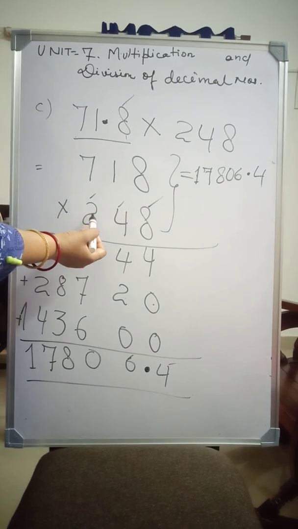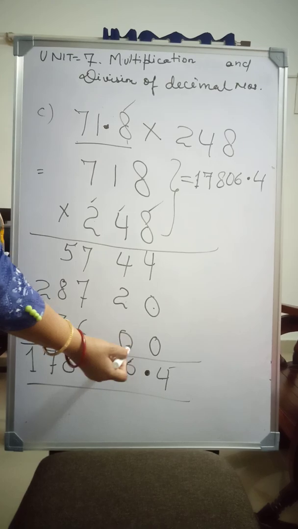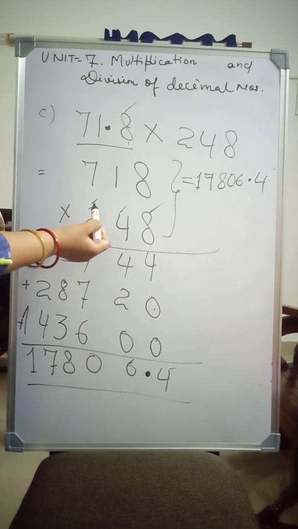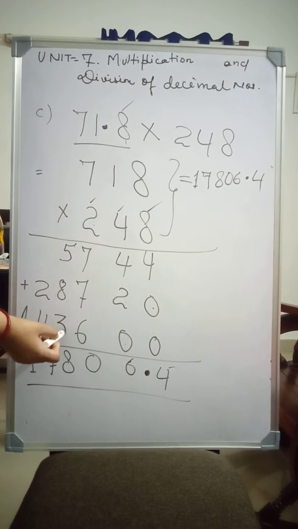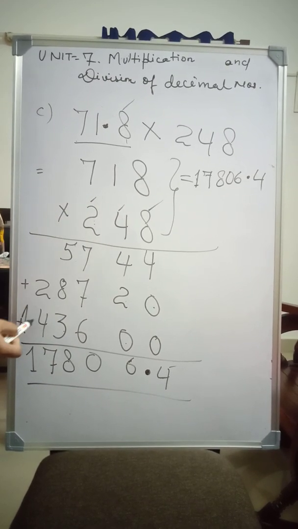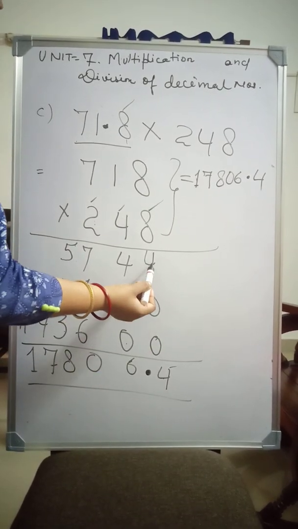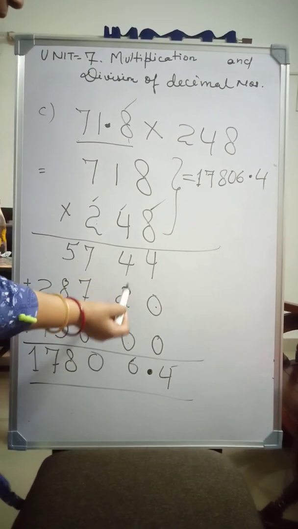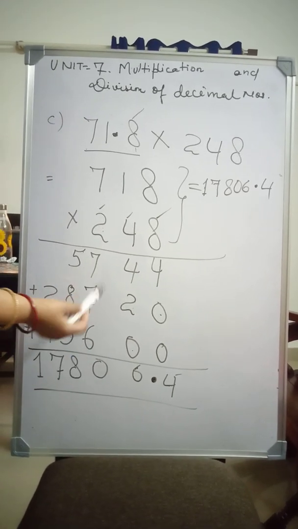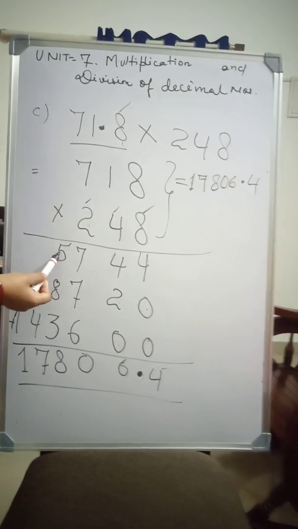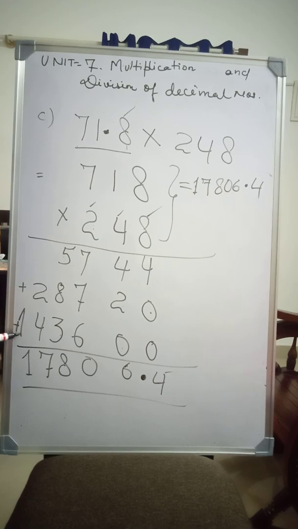Now comes multiplying by 200. 200 has 2 zeros, so we will put 2 zeros to the right side of the product of 200. So 2 8s are 16, 6, 1 carry over, 2 1s are 2 plus 1, 3, 2 7s are 14. Now at last we will find the product. This is the fourth step. So 4 plus 0 is 4, 4 plus 2 plus 0 is 6, 7 plus 7, 14 plus 6, 20, 0, 2 carry over, 8 plus 2, 10 plus 5, 15 plus 3, 18, 1 carry over, 4 plus 2, 6 plus 1, 7 and 1.